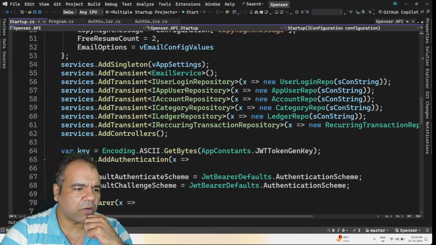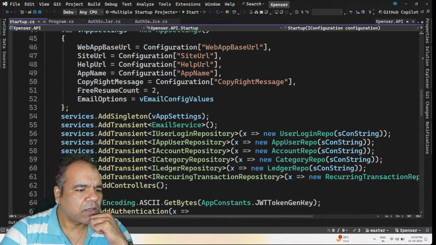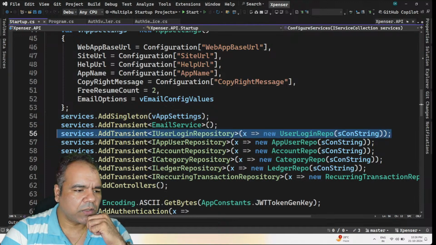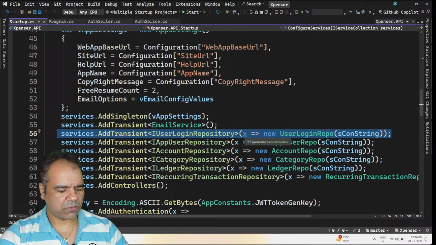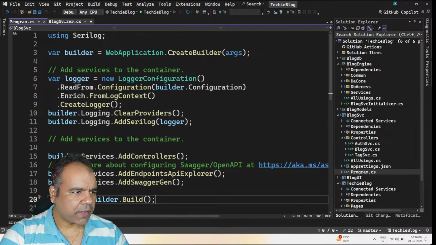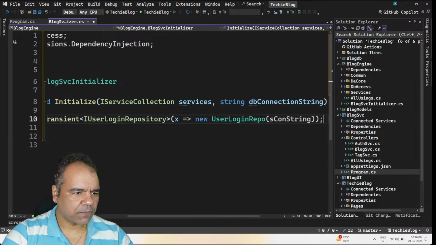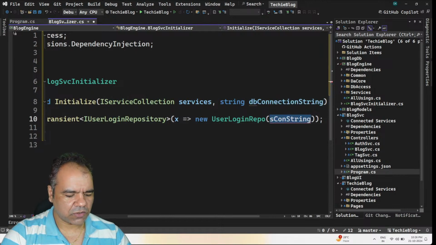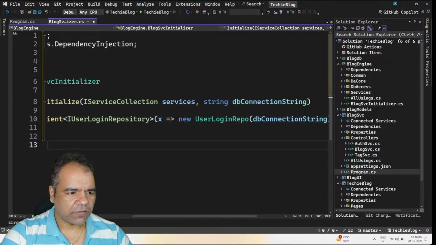So these are all the initialization. So here we'll copy this, Control C and Control V. So we have services, and we have user login repository, we have this db connection string. So we have initialized this,